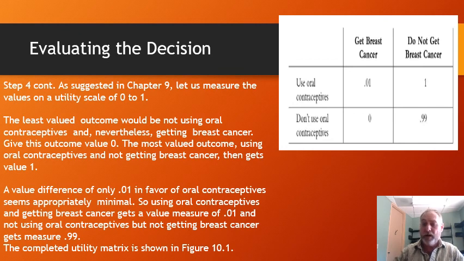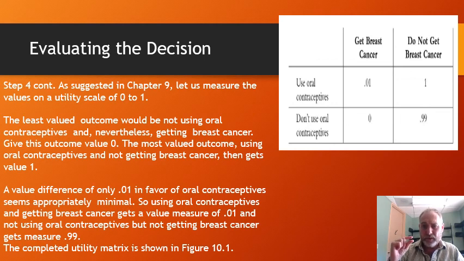Again, according to Ramsey, we take our most preferred outcome and assign it a value of 1, and our least preferred outcome, we assign it a value of 0. How would we assign the value of using contraceptives? In general, our approach here is going to be to assume a very low value. That's deliberate here. Now, in real life, people may assign a much higher value to contraceptives. But there's a reason for doing that here, and that is because in the end, a little spoiler, it's going to turn out that even if you